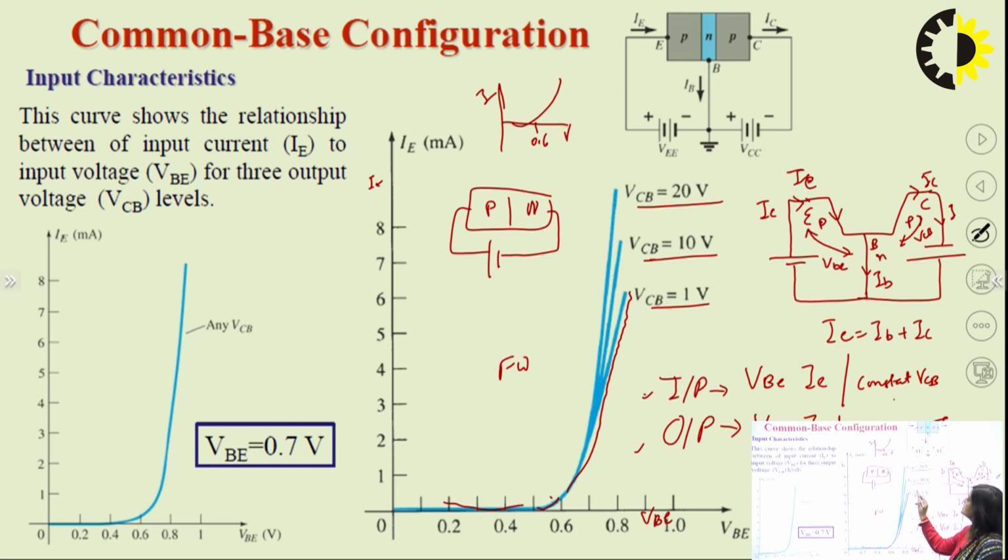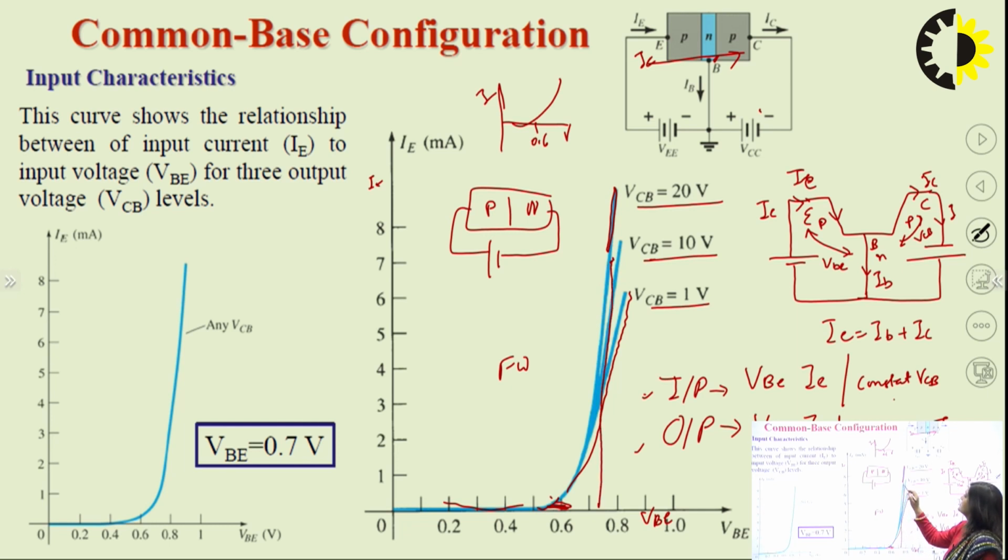So it means if we are increasing the VCB value, we are increasing the reverse bias voltage. So we can see our IE values shifted towards the lesser amount of VBE, because if we increase the VCB, the reverse bias potential across this collector base junction will be increasing. So more charge carriers will be attracted toward this side, and that's why IE will increase. So by increasing VCB, we can see the value of IE will also increase if we keep this VB as